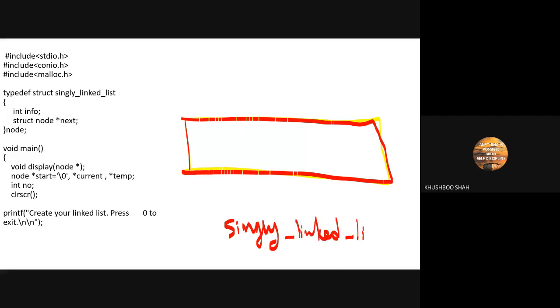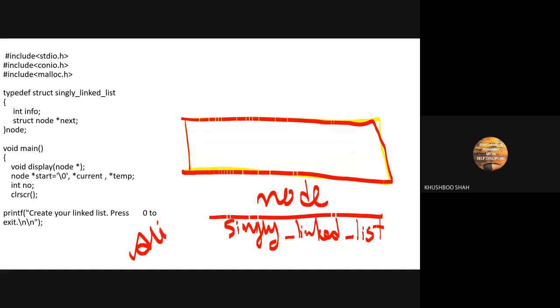But this is quite a big name, so I'm going to call it node. Node means an alias, a short name or nickname kind of, but technically we call it an alias. So now I'm going to call this space or the structure node.